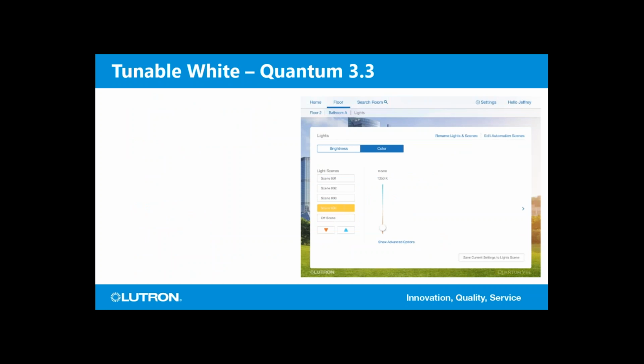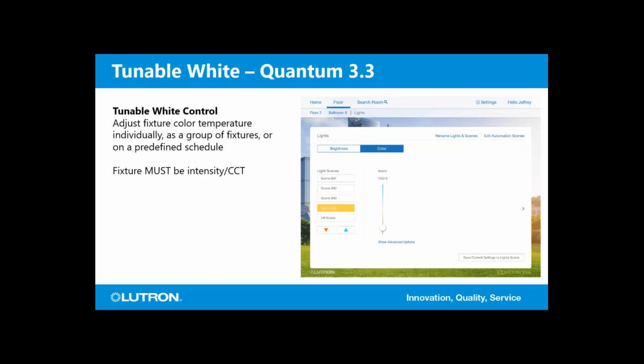I also want to show you Quantum 3.3, which is the current early adopter version of Quantum. So this is available now. And what we've done is we added a color temperature slider to the lighting tile in Quantum View. If you haven't seen Quantum View, you can also get a demo of that. And that would be another great opportunity to have the Lutron rep or the local SSE come in, do a tunable white CEU, and get AIA credit,